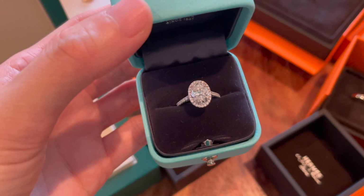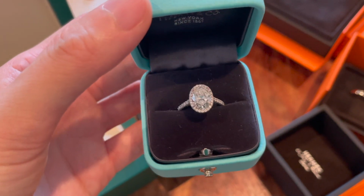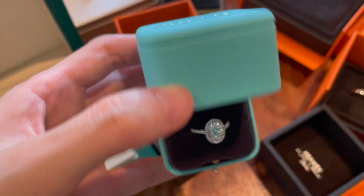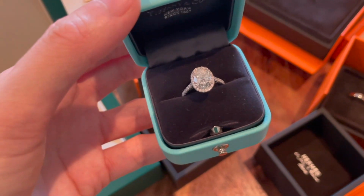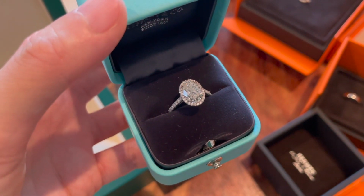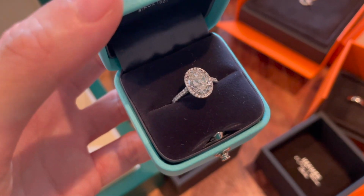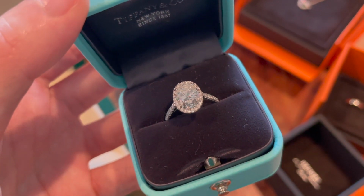Before he proposed, we actually went engagement ring shopping together because I wanted to make sure that he knows what my preference is. Well, let's be honest, engagement rings, especially from luxury brands like Tiffany, they're not cheap, right? They're pretty pricey, and I just wanted to make sure he picked the one that I will absolutely love, and I would get a smile on my face every time I look at it. And it's so successful because he did pick the oval shape solitaire from Tiffany,